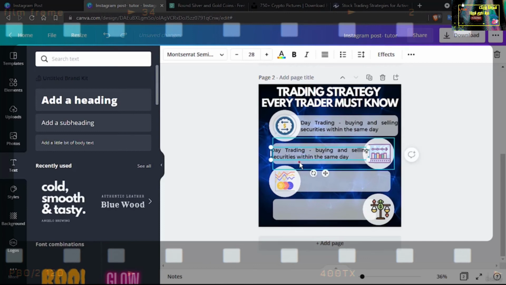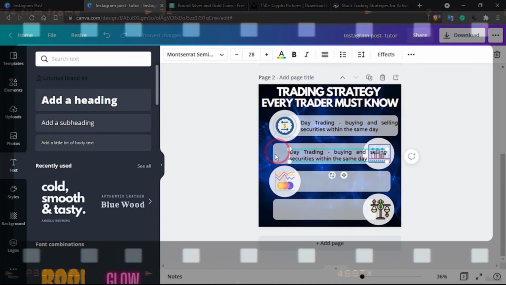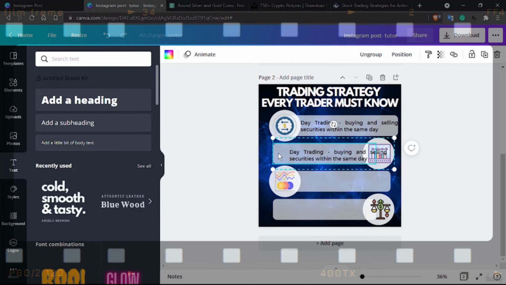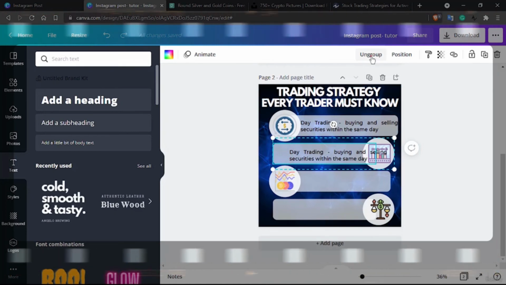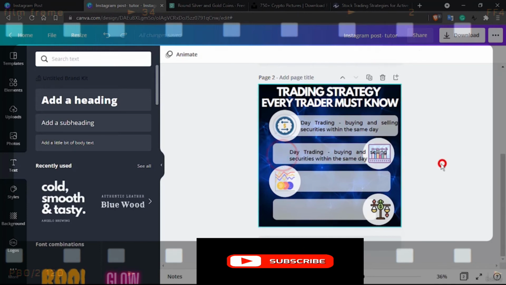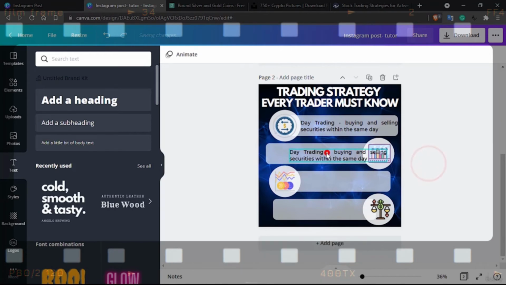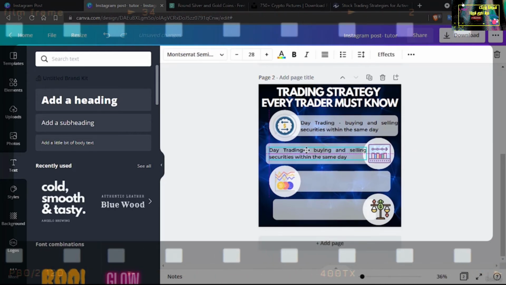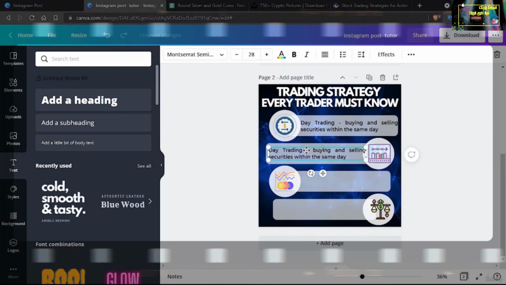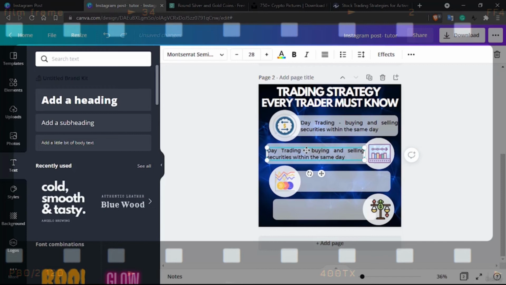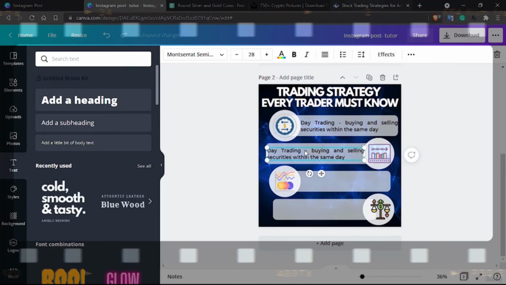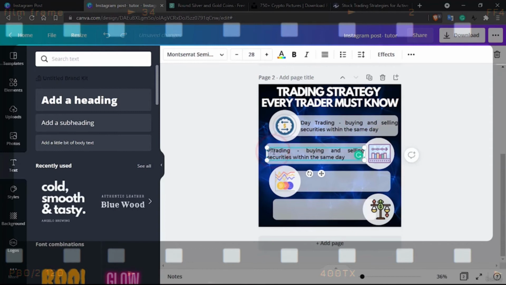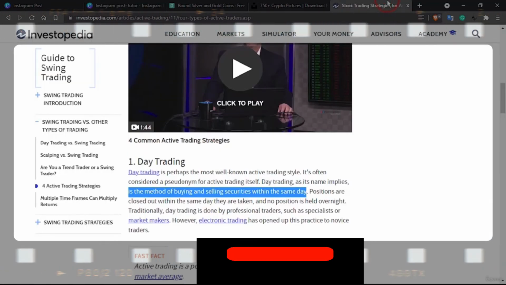My reason for pasting it was so that I could, let's see, let's ungroup this first of all. So that now this one is your position trading, and for position trading